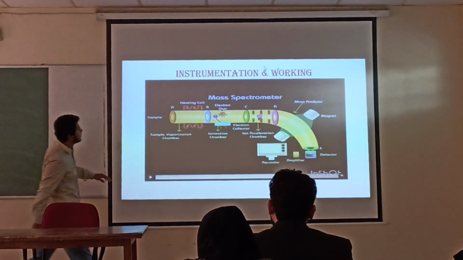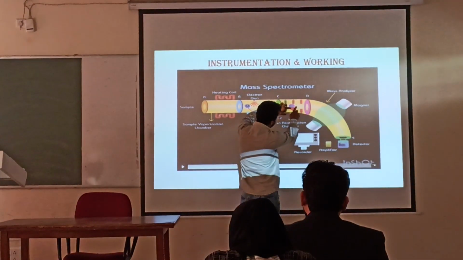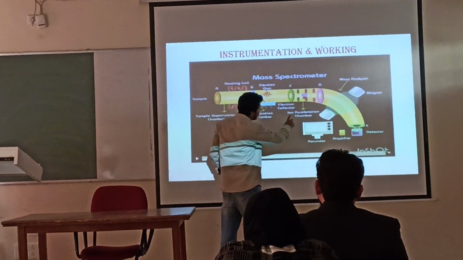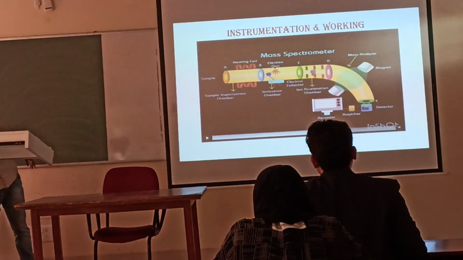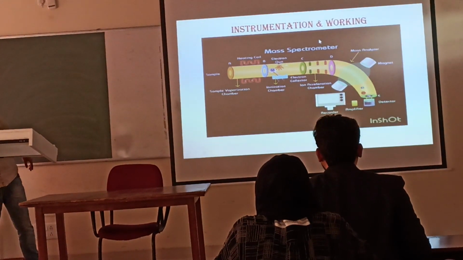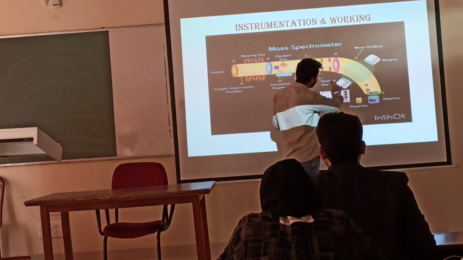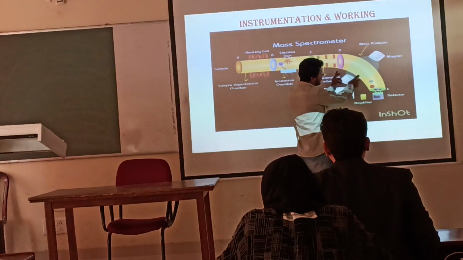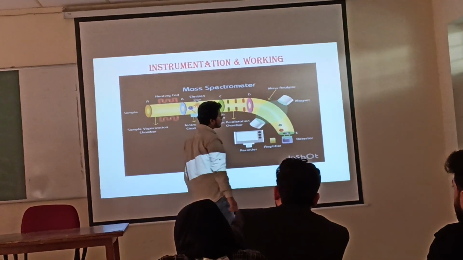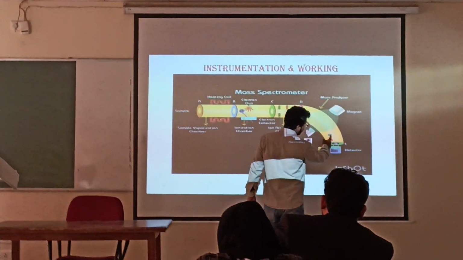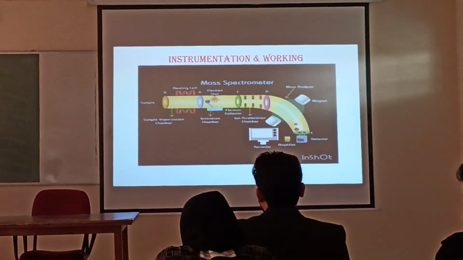You can see here the primary parent ion along with fragmented molecules that are being accelerated in the acceleration chamber, and then these ions will get into the analyzing chamber, the mass analyzer. The mass analyzer will deviate these fragmented cations and the primary cation according to their mass to charge ratio, and the detector will detect the deviation, and the amplifier will amplify the signals, and the mass spectrum will be generated.